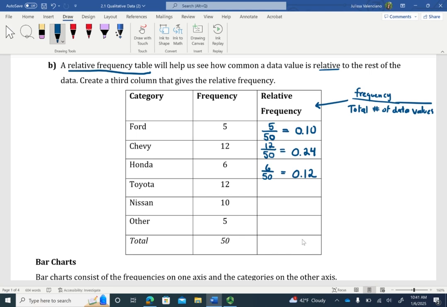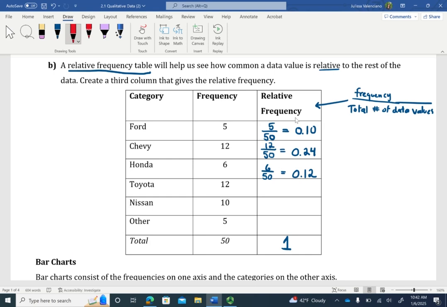Now, one note that I want to make is that once you're done calculating the relative frequencies for all the categories, if you were to add the relative frequencies, you should be getting 1. Now, let's talk about what 0.10 represents.